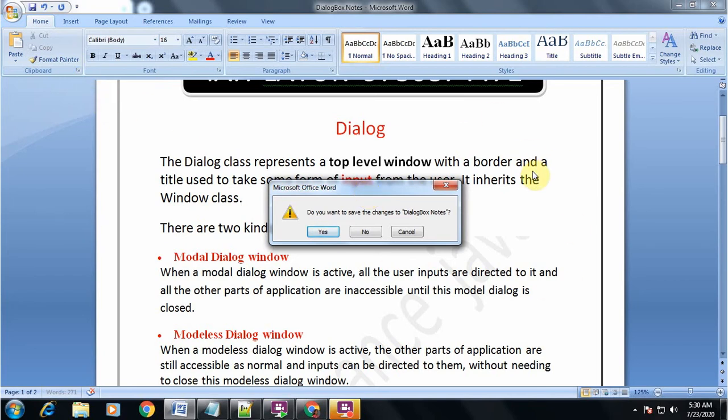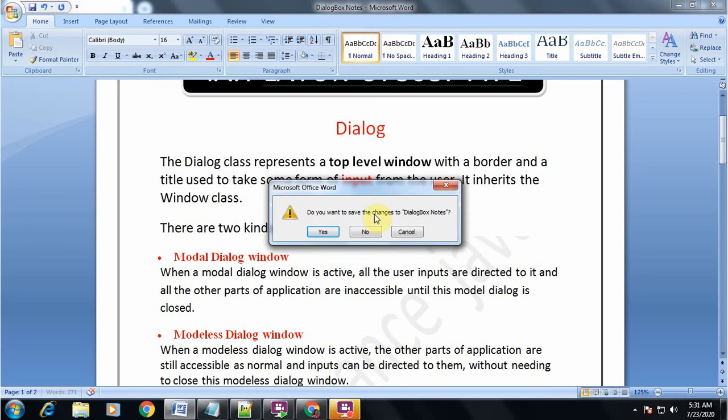Now if I try to click somewhere outside this dialog box, is the program Microsoft Word responding to this mouse click? No. Instead, when I click here, observe the dialog box, it is as if it is saying first do something with this dialog box and then concentrate on the Microsoft Word application.